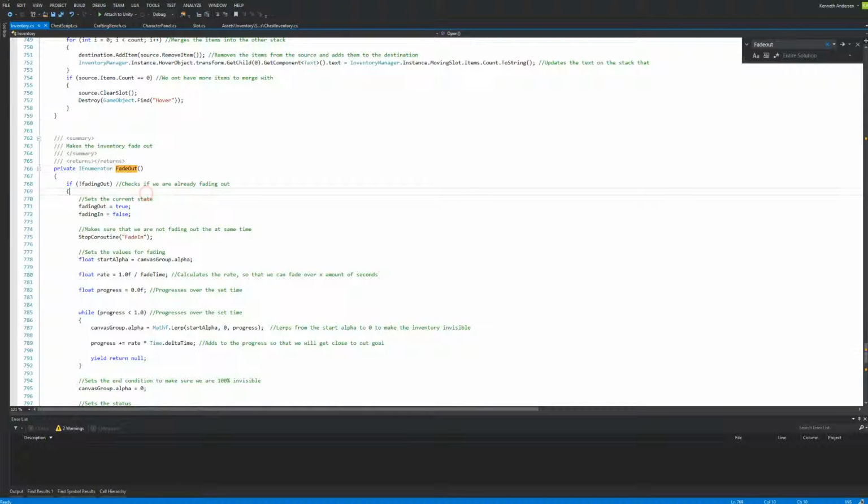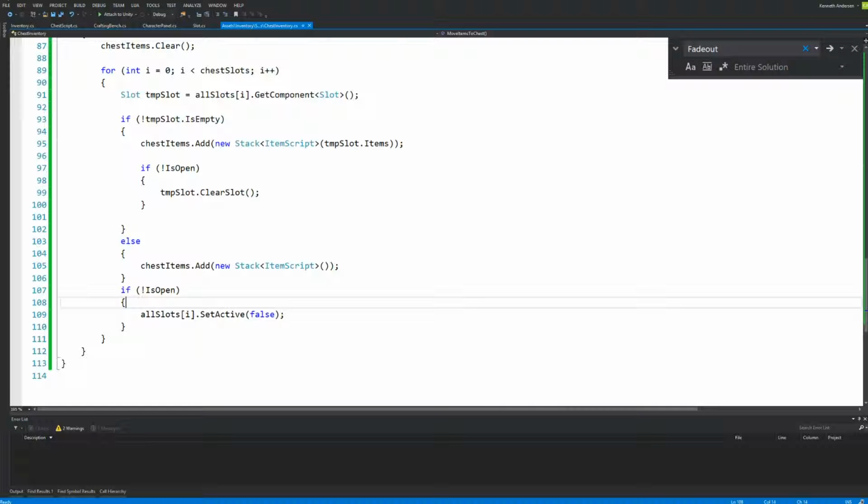Here we go. Okay, so we have a private IEnumerator called FadeOut. Sorry, I have a hard time talking these days because I have lots of allergies. So maybe it's hard to understand what I'm saying, but I hope it's understandable. We're going to make this one protected, and we're going to make it virtual, so that we can access it from our scripts that inherit from it. So protected virtual IEnumerator FadeOut, and we're going to go back to our chest inventory,